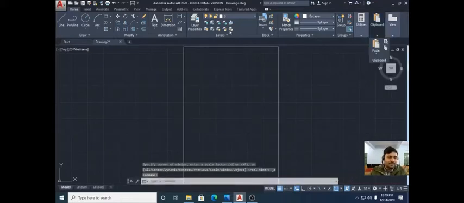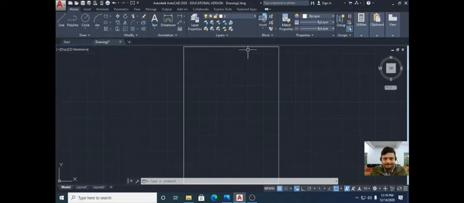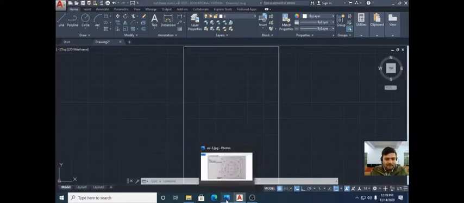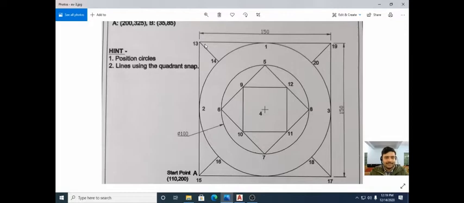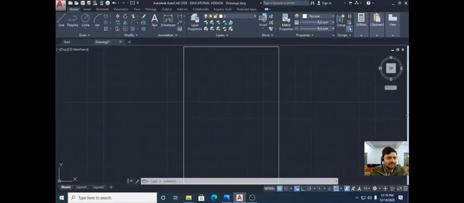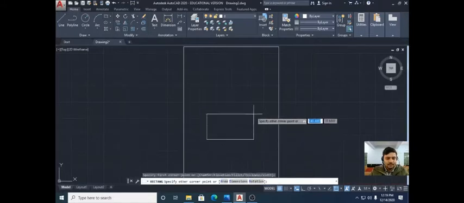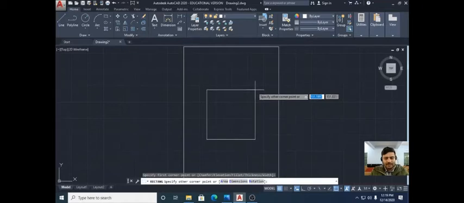Now you can see that all the ribbon portion is on, and we are in the top view in 2D wireframe. So again, have a quick look at our drawing. It is a 150 cross 150 square. So first of all, make this. Come on to the rectangular part. You can see that here it is rectangle and polygon. So click on the rectangle part. What you have to make is a square.